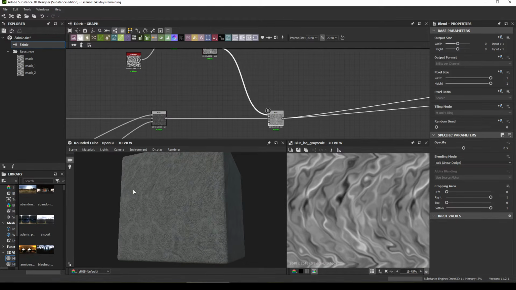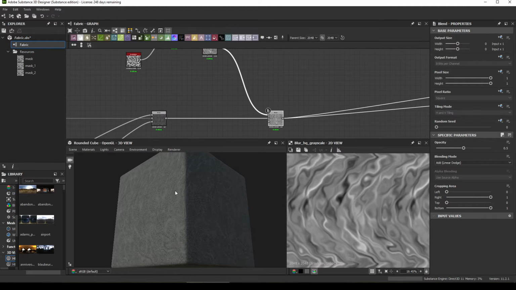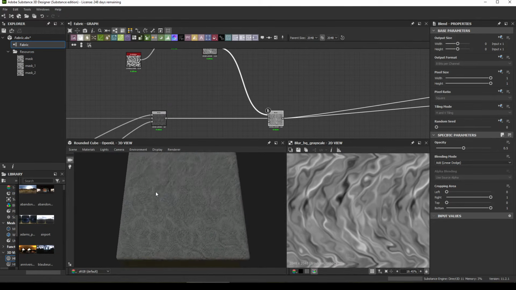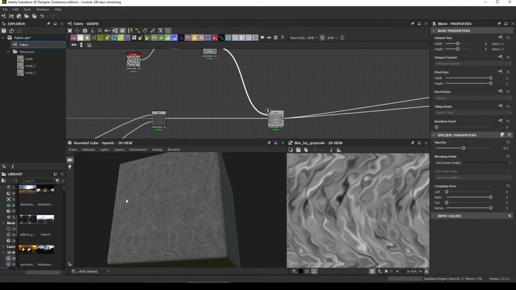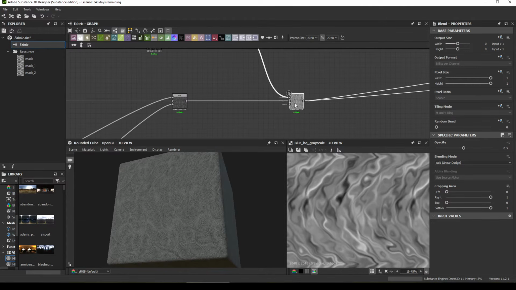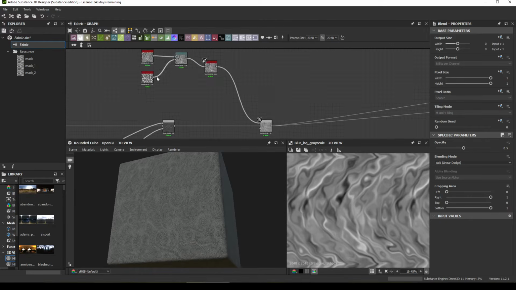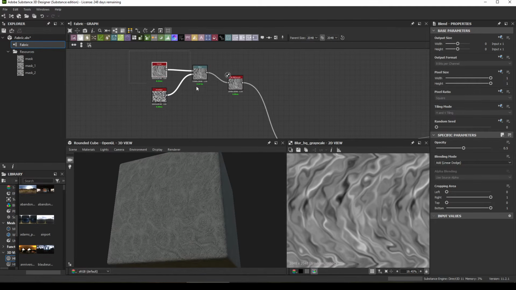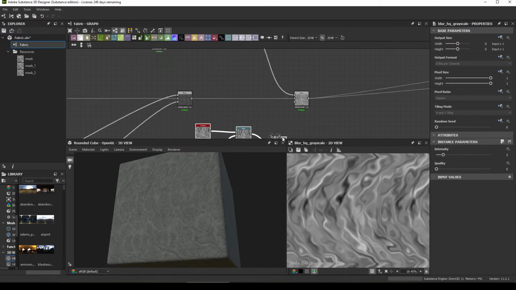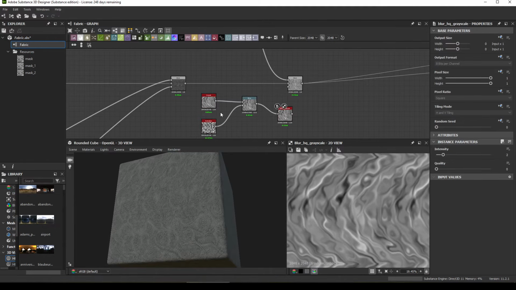Damages, wrinkles, folds, fraying, all that kind of operations, they can't affect all of your fabric or all of your material. It has to be more in certain places and less in other areas. So that's what I'm going to do. I am going to plug another map into the opacity of this operation, and I'm going to be lazy about it. I am simply going to duplicate that, make a few changes,